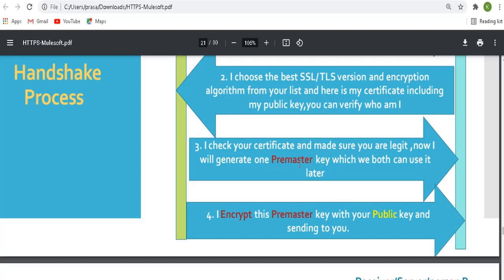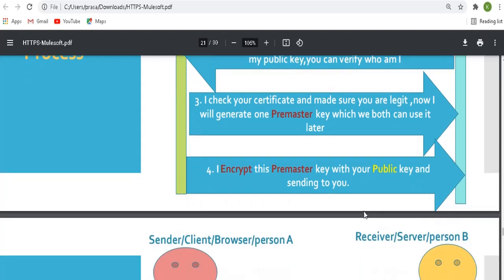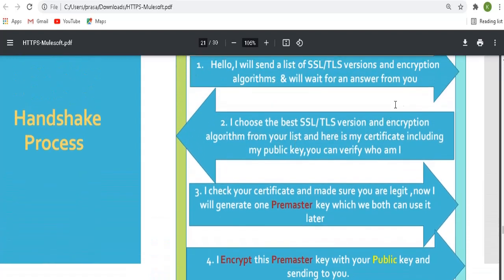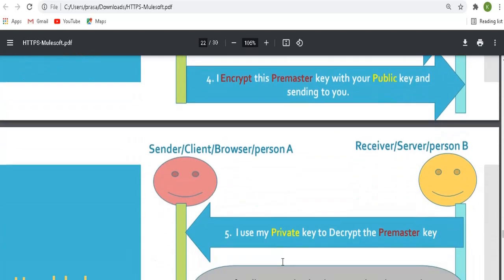It will generate a new key and send it to google.com, and the browser will encrypt this secret key with the public key of google.com, because earlier in step 2 google.com already shared its public key with the browser. So the browser encrypts the new secret key with the google.com public key and sends it to the google.com server.